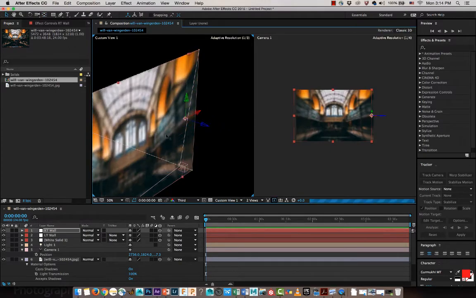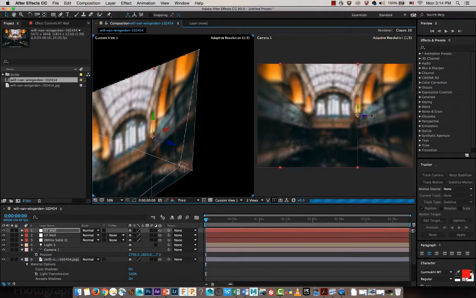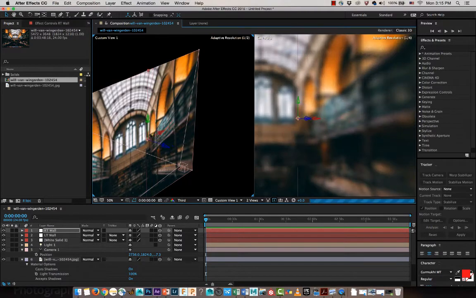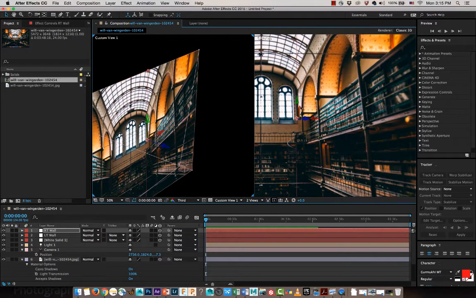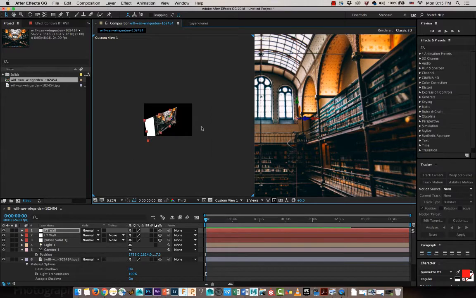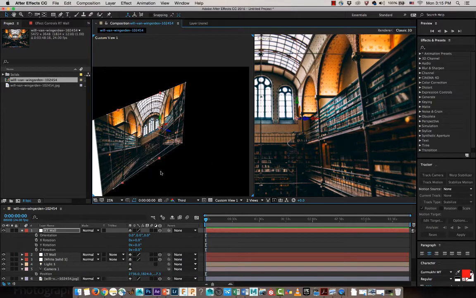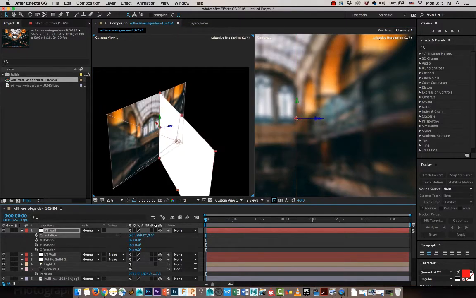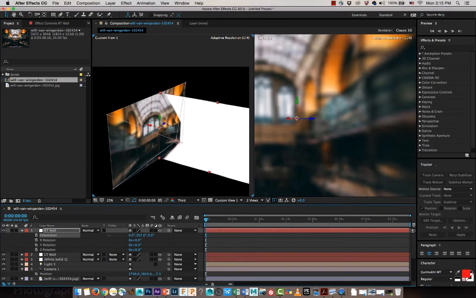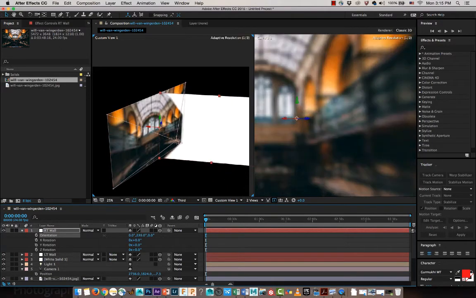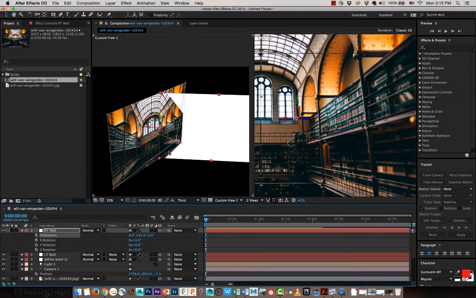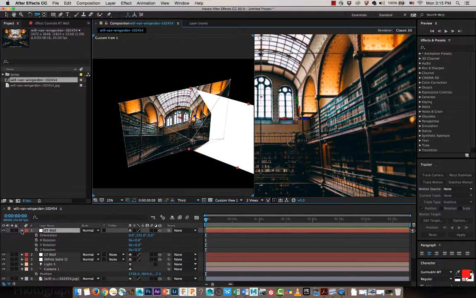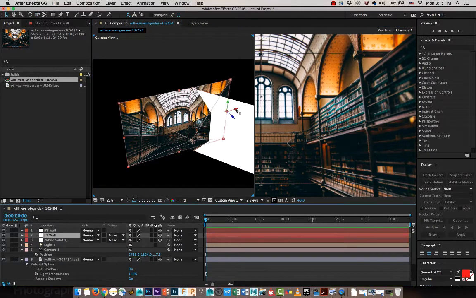hit V to go to selection tool, then I would zoom in here. This is where the line is, and then I am going to go to rotate, and I would like to rotate it on the Y. You can see how the shadow is reacting to the plane movement. And now if you go and select the left wall, move it around,